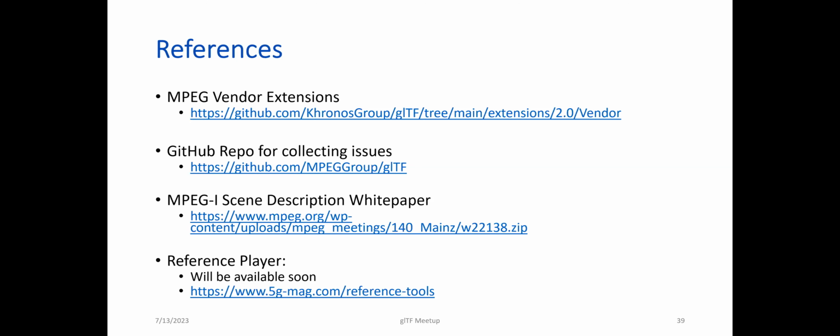And we want to hear your feedback basically. We also published a white paper that is open and can be accessed if you want to read more details about this. And the reference software will be available as part of the 5G NAG project. And the Unity player, one of these projects should be available hopefully this or next week in that repository. And with that, I conclude my part and look into getting some questions.